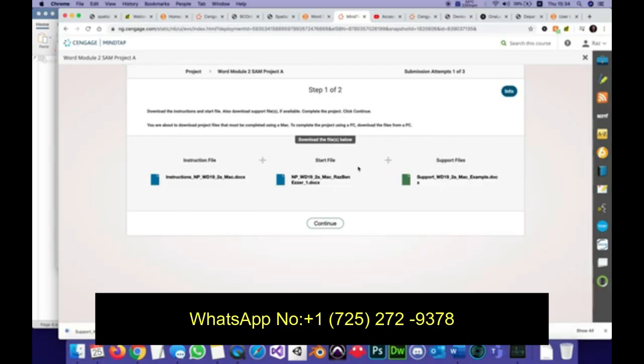There is the start file, the one that ends up with _1, and we will save as _2. But there's also one more file called a support file, and we will see its role in the project in the next few steps. In any case, I am using Chrome as my browser, as I highly recommend for everyone